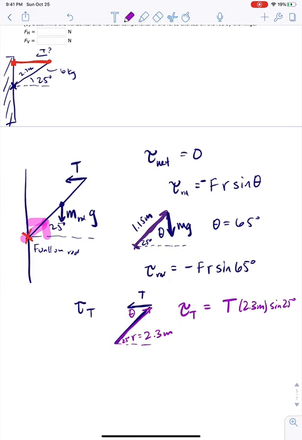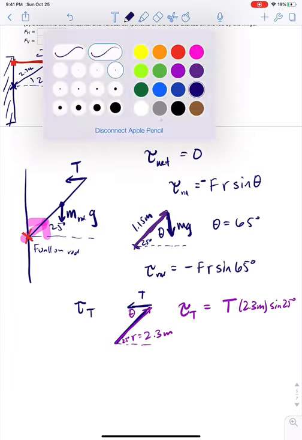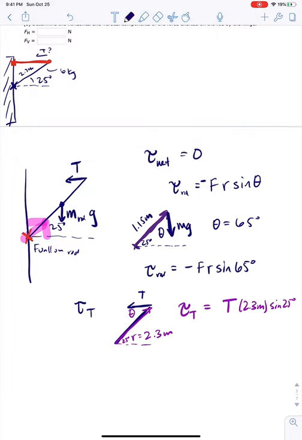So that is tending to rotate the rod counterclockwise, which is a positive torque. So we're going to just leave that the way it is. Okay. Now, we're going to see if this is enough information to solve for our tension, and we will find that indeed it is. So we've got T times 2.3 meters times sine 25 degrees minus